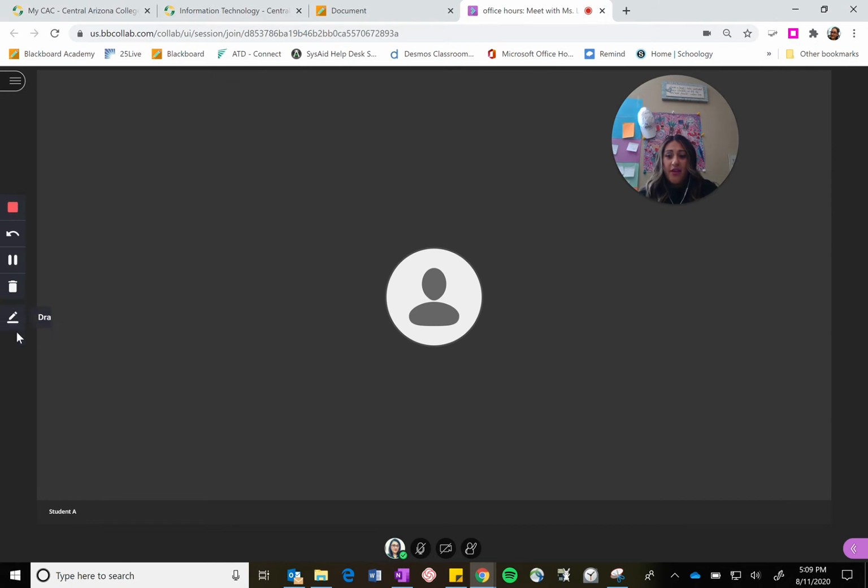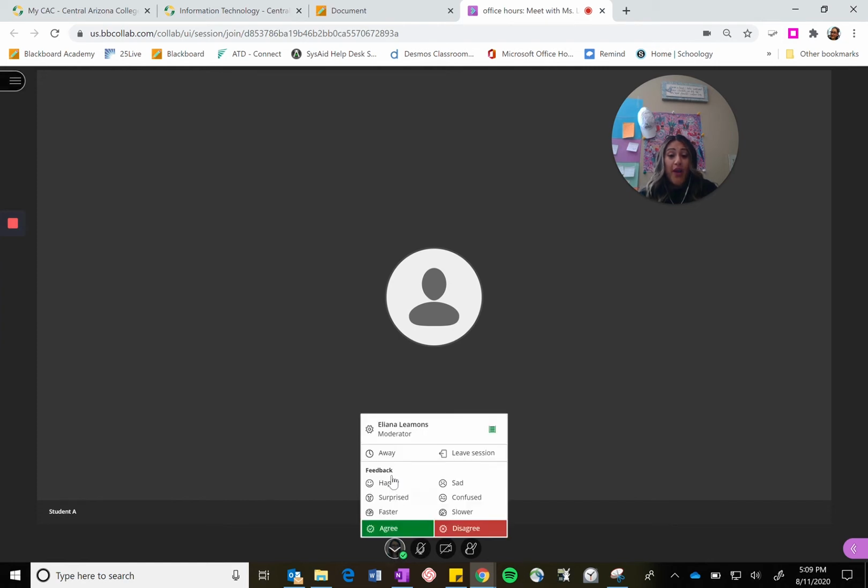The other great thing here that I want to point out are these tools down here. These are our interactive tools. The one with the little avatar, if you click on it, that is your status and setting. This is your way of giving me feedback. If we are in a session, you can tell me if we're happy, if I need to slow down, if you agree,